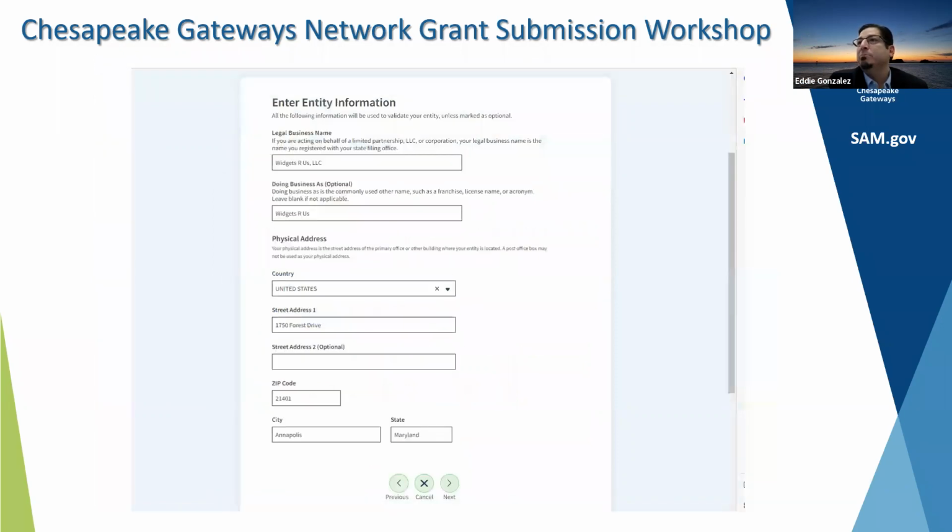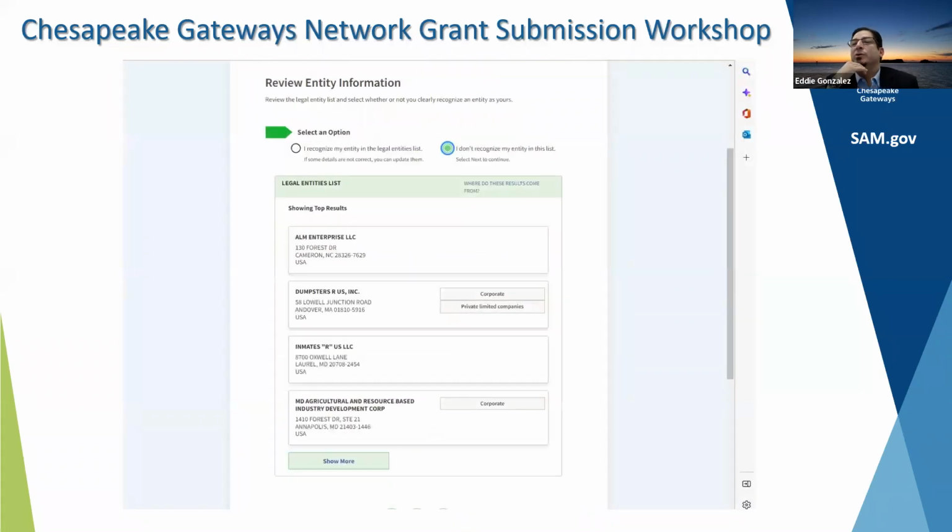Fill in your information to access the log. This is the fictional organization that I was using to walk through. So you'll see it's pretty standard as far as contact information. When you get to this page,